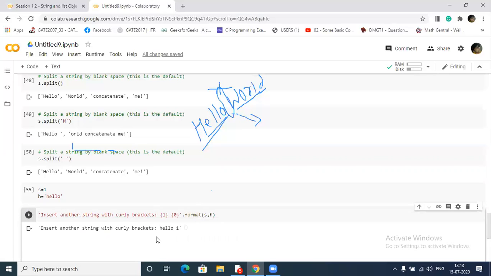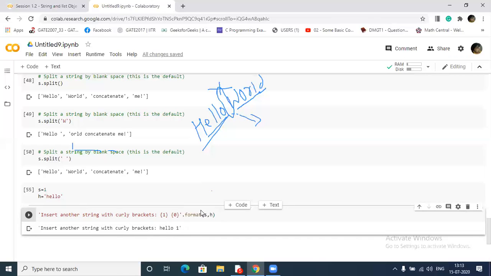That's why I first showed you the error part, then I corrected it. So H is reversed because I flipped the respective positions. First I passed 1 and then 0, so first H will go there and then S will go here. But if I do not write anything here, then